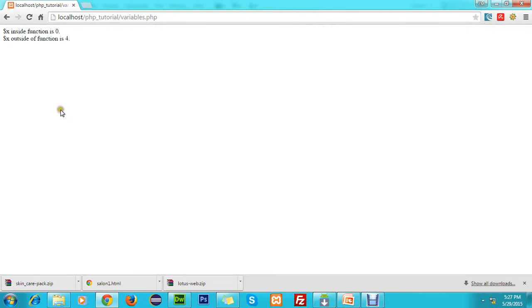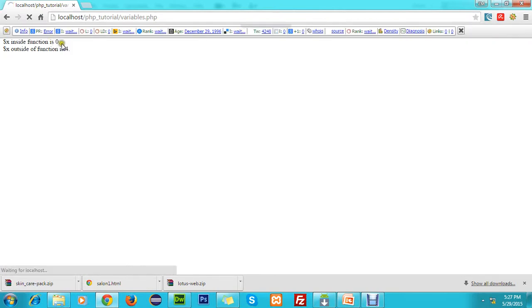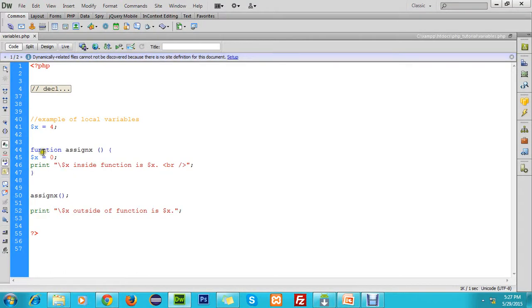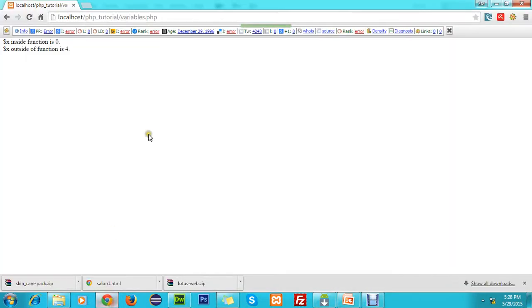Okay, see, now this is calling $x inside the function, and it has the value 0. So you can see that we have declared the same variable in both places but with different values. One we are declaring outside, one inside the function, and both are printing. So this 4 is the global variable, and this 0 is the local variable.